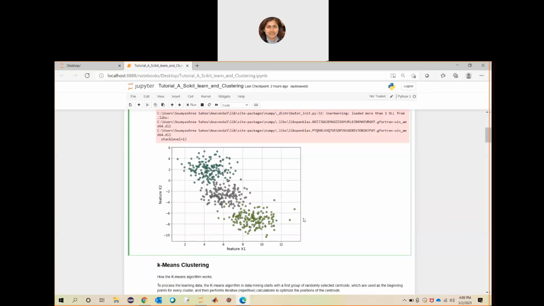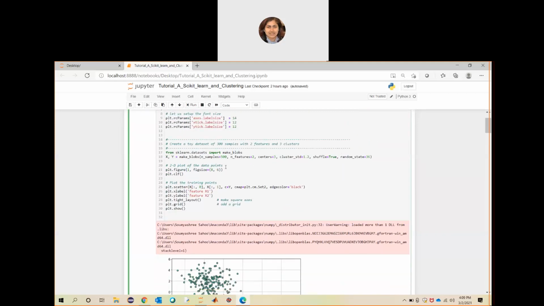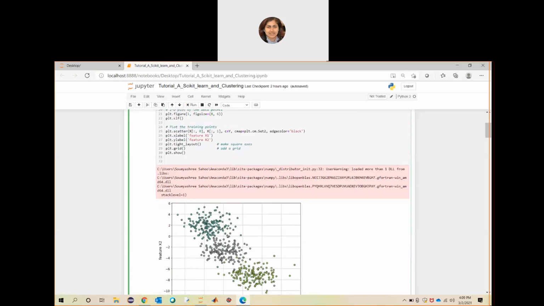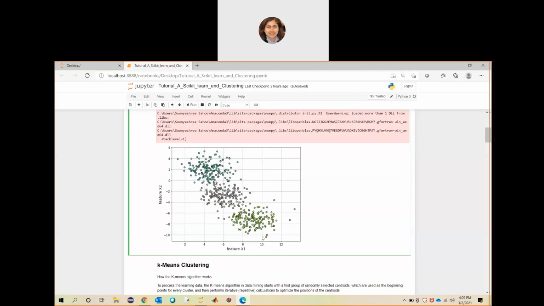First, in order to have this type of plot, you need to provide certain input to your code. So how to do that? See here. Here I have just used a toy dataset which has 300 samples with 2 features and 3 clusters. There are 2 features shown in 2 axes and 3 clusters shown in 3 different colors.